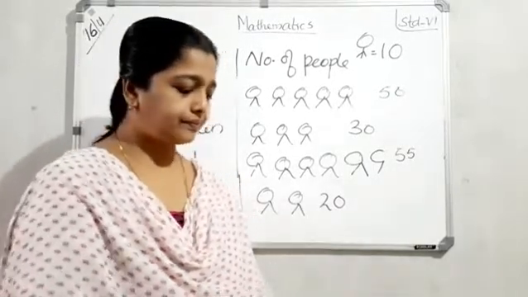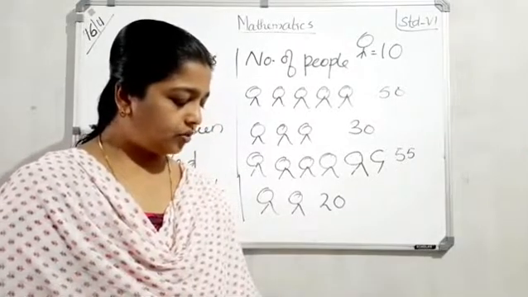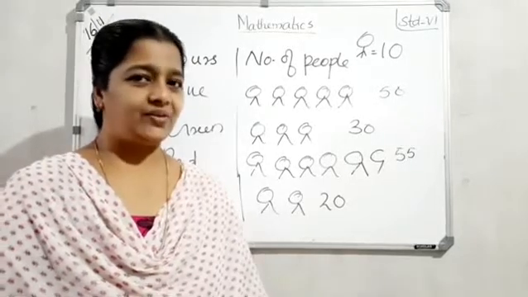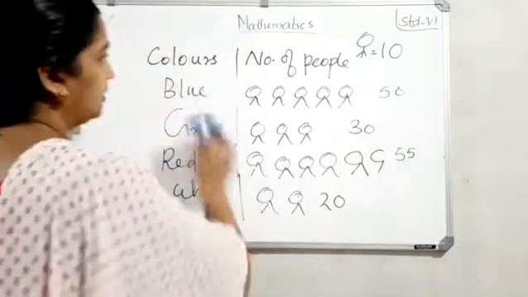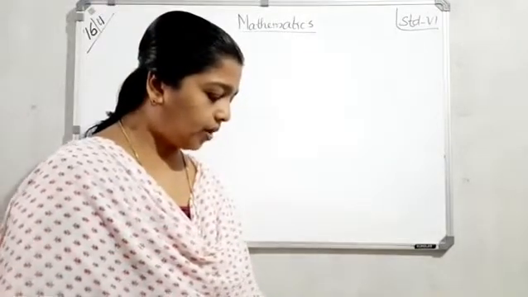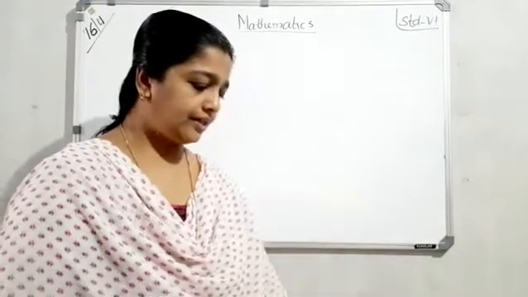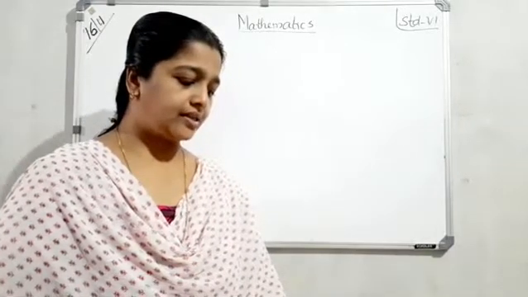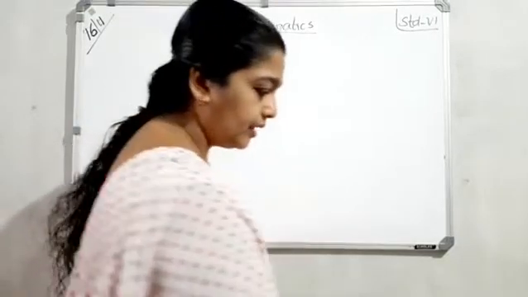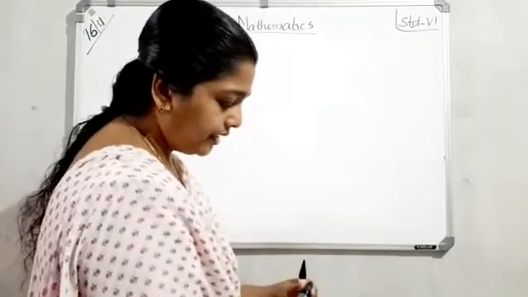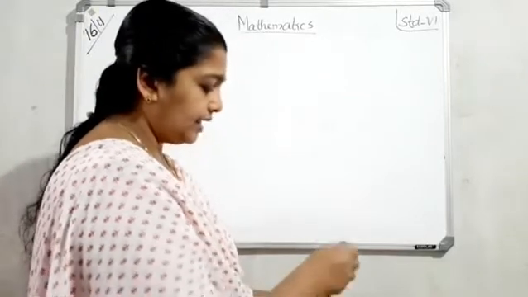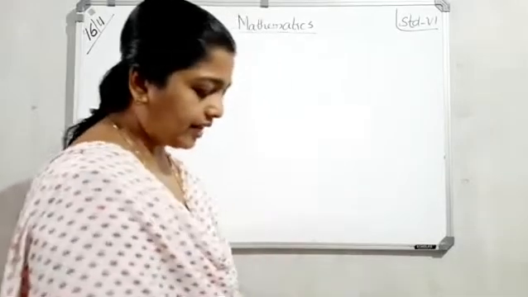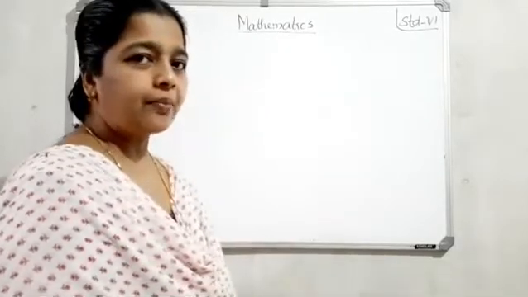Next, page number 192. Page number 192. Yes. The following pictograph shows the number of tractors in 5 villages. Then observe the pictograph and answer the following questions. Clear? Yes. Then that is first one, villages and number of tractors. Villages and number of tractors. Then one picture represents one tractor.